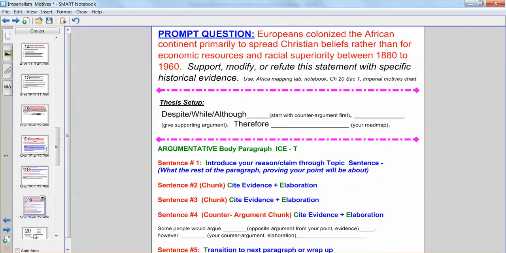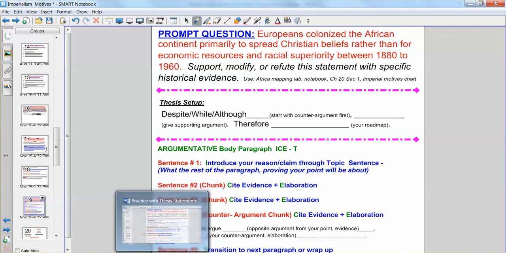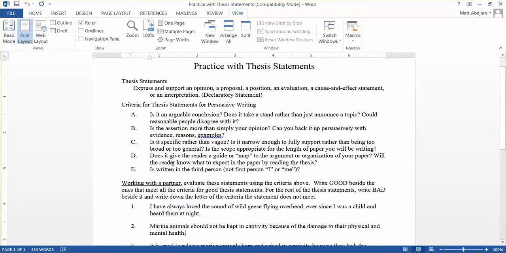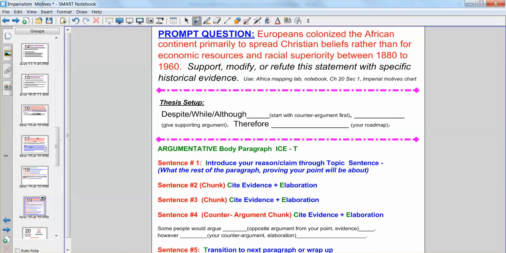So, to recap, prompt question, you broke it down. Thesis setup is going to look much like this, along with making sure you hit all of the criteria that's here. And then finally, you're going to give your argumentative body paragraph that's going to be supported and should be able to draw arrows to support back to your thesis statement here, with obviously your last sentence being a transition or close. Now, I would like to see this as your first draft, giving me your thesis and your one